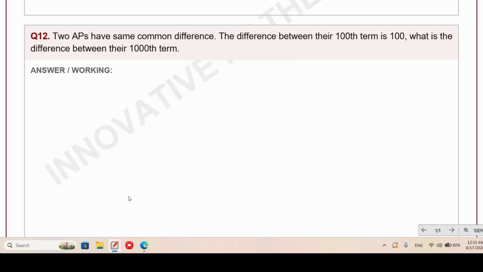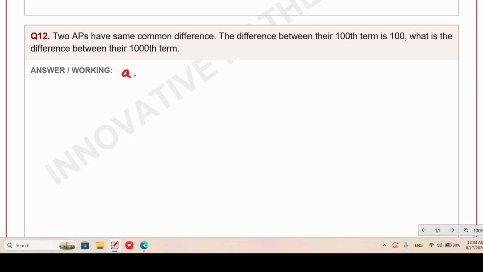अच्छा, मैं यहाँ पर एक चीज बताता हूँ, आप यहाँ पर समझना। What I am saying here, I am saying that कि the common difference of any term is same. Any term, अगर मैं 10 terms का common difference बोलूं तो 100 terms का common difference that will be the same. 1000 terms the common difference will be same. So common difference is same when the terms are in AP. But how to solve it?